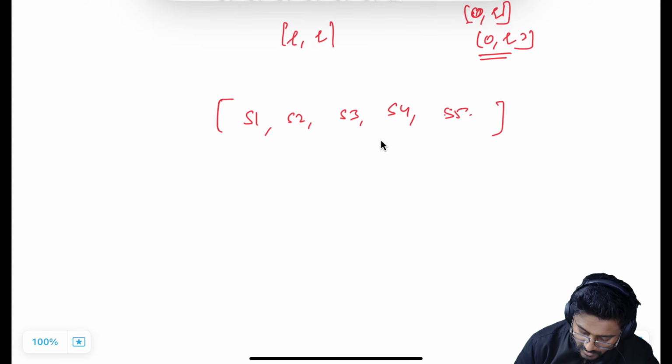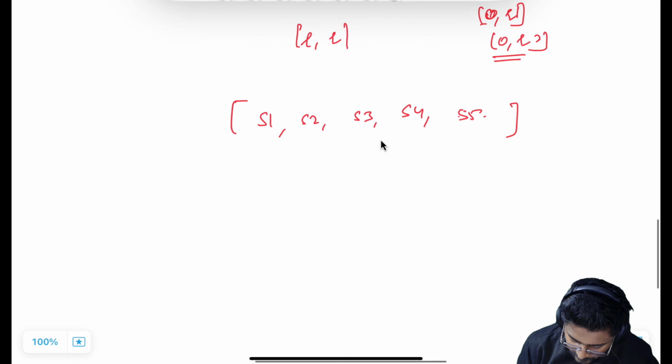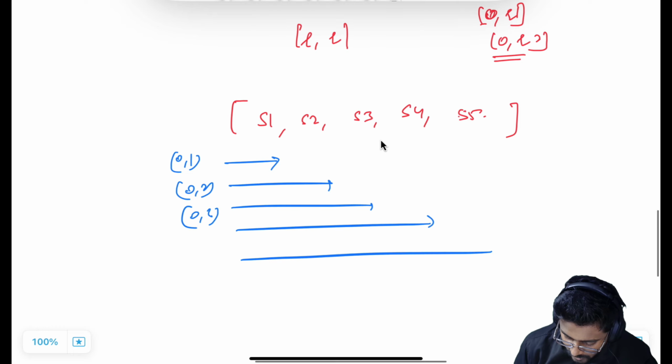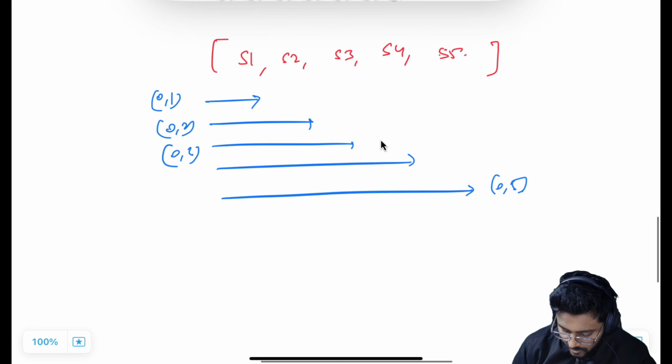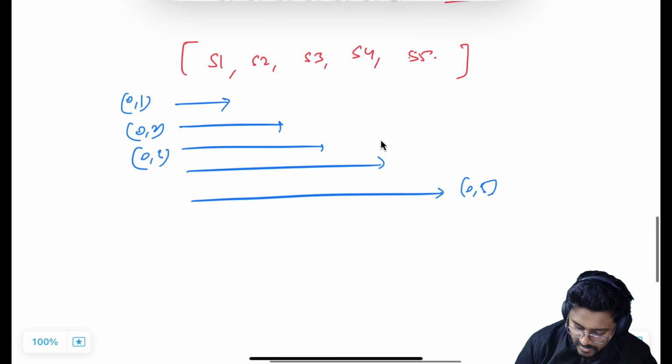So what does it mean? The number of valid strings, starting and ending with a vowel, from 0. This is the query 0, 1. And this is the query 0, 2, 0, 3, 0, 4 and 0, 5. So this is my query. And what does it return? It returns the number of valid strings